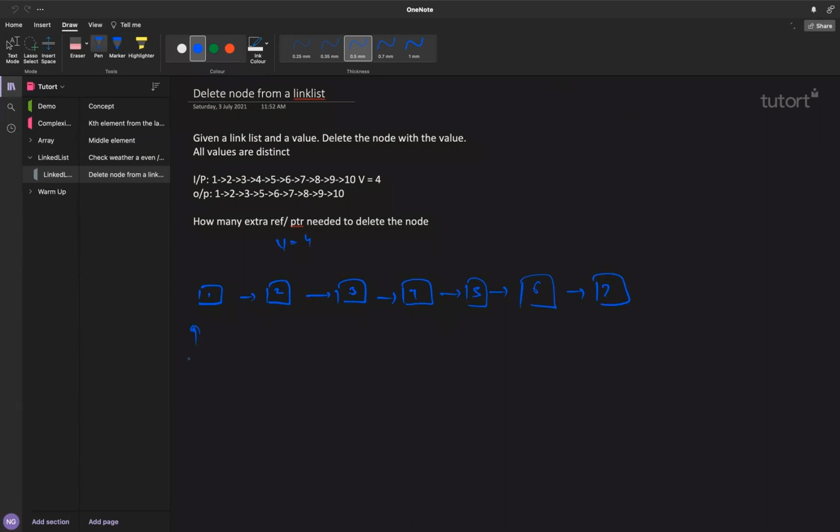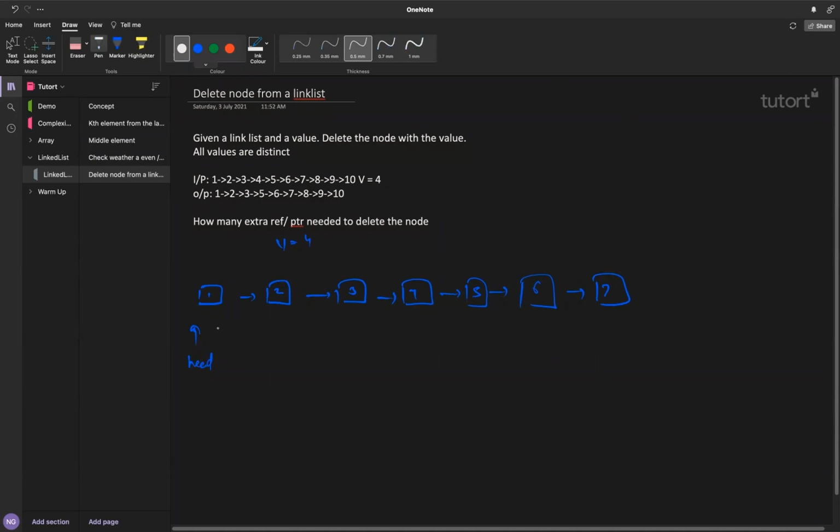So head is here. So what will I do? I will take a pointer, let's say P. I will iterate P and check whether the value is equal to that or not. So P, I will move here. I will check is the value 4? No. I will come here. Is the value 4 here? No. I will come and check is the value 4 here? Yes. Then what I will do is